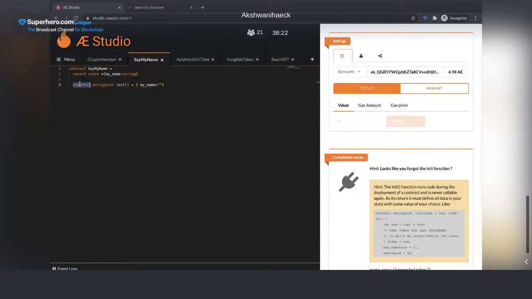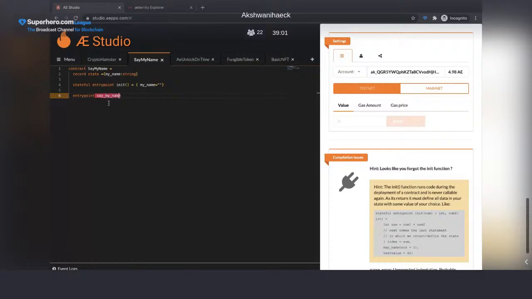So I will have, and remember, because I'm changing the state, I will need to have a stateful, and not just because this is the init, but every time I need to change values and store it on the blockchain. So let's go to another part. You see that the studio is helping me. Of course, this is nothing new if you work with different environments for development. But anyway, it's a very good help when I'm starting to work with a language that I don't know.